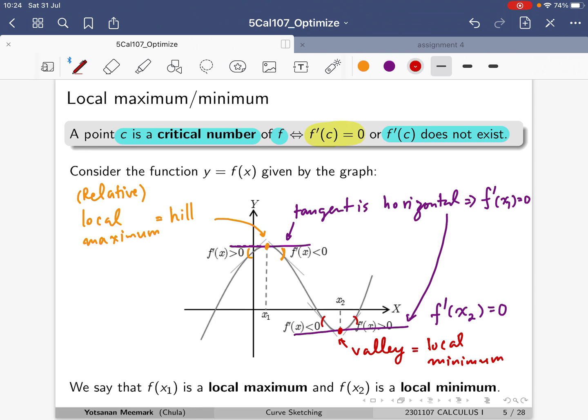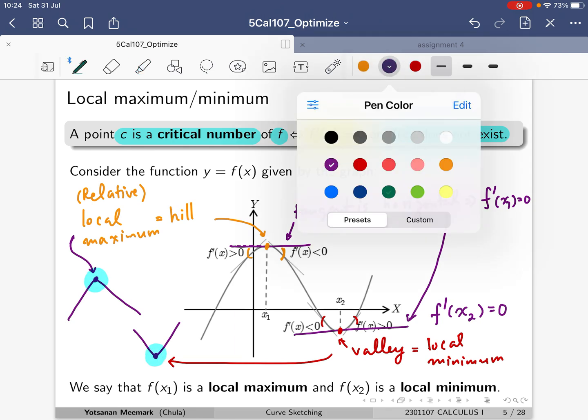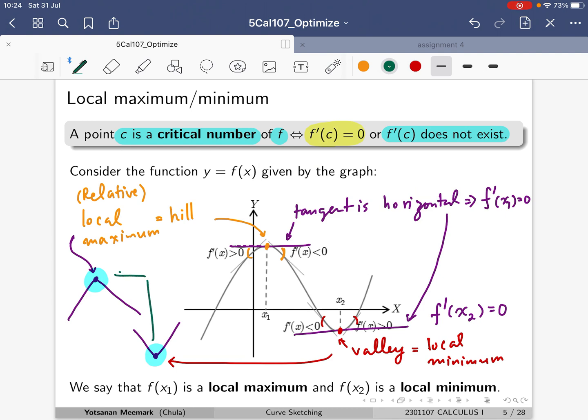Okay, a local minimum. All right, however, a local max or local min may occur like this. You see, this one can be a hill as well, a local max. This one can be a valley as well. This one can be a local min. However, at this particular point, a derivative at those points does not exist, remember,